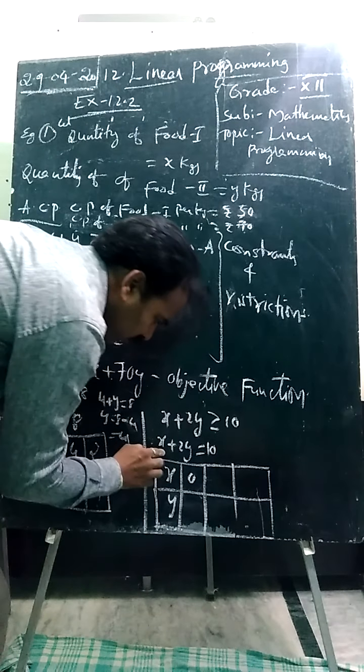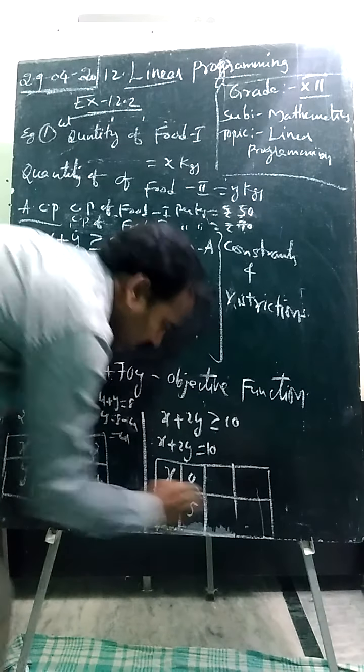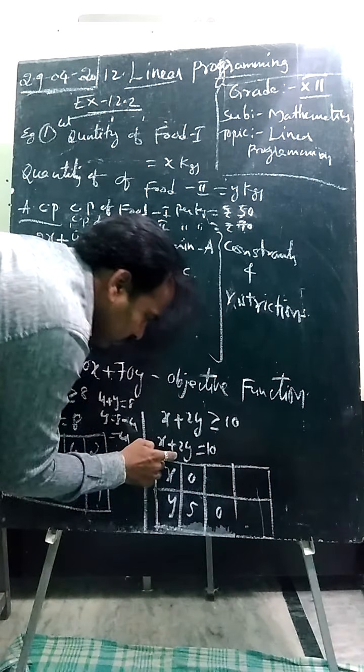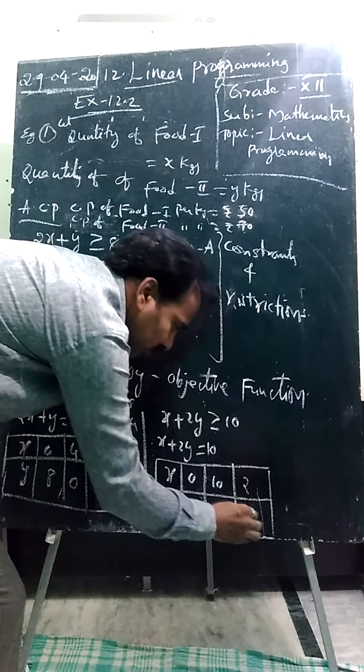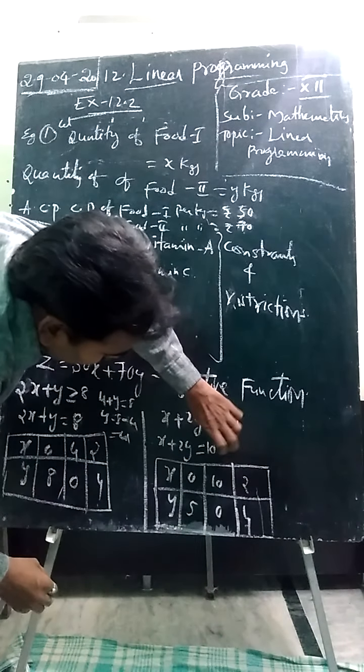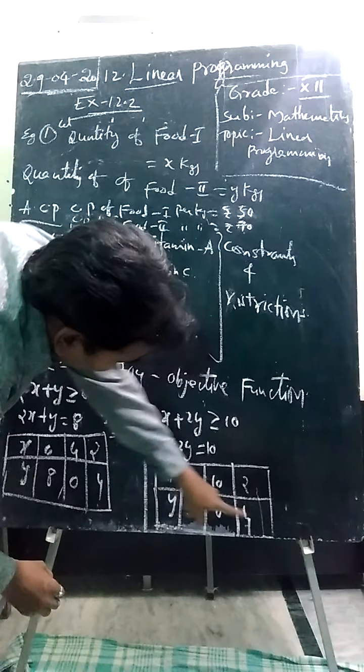For x, y, 0: if you put x is equal to 5, because 2y is equal to 10. If it is 0, 2y is equal to 10. If you take y is equal to 0, x is equal to 10. If you take 2, it becomes 4. How? If you take here plus 2, it can change to minus 2. 8, 2y is equal to 8 means 2y is equal to 4.